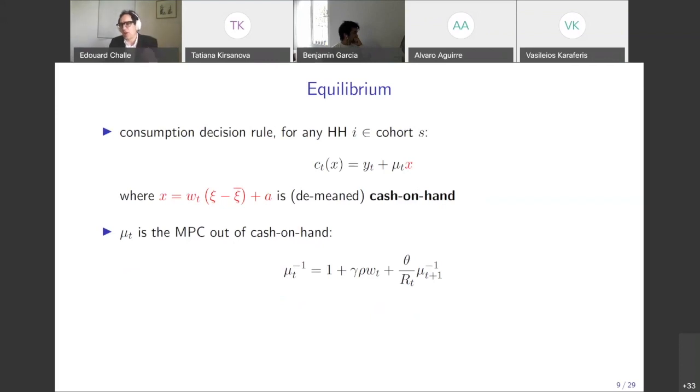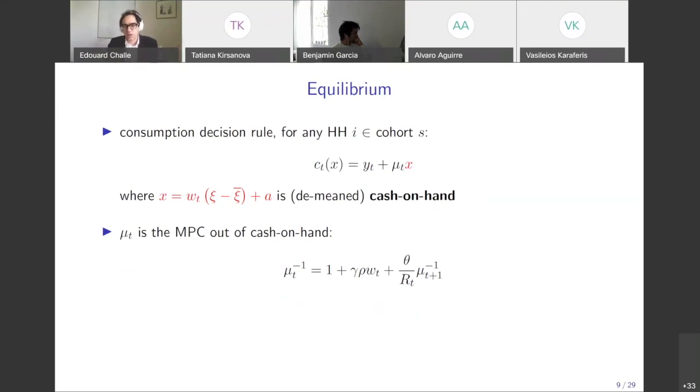So if you had an endowment economy, the stock would be your individual wealth and the flow would just be the endowment. Here it's labor income, and labor income is itself an endogenous variable, because you adjust labor supply. And that's why WT shows up here: it's something that will determine your labor supply adjustment. So this determines your individual state variable, and then you're going to consume a fraction of that.